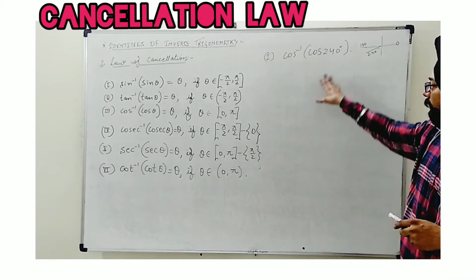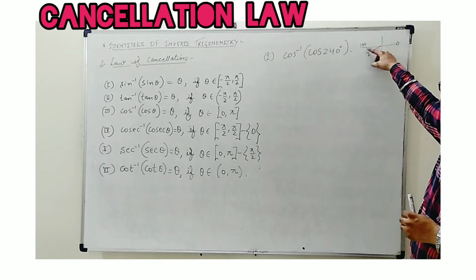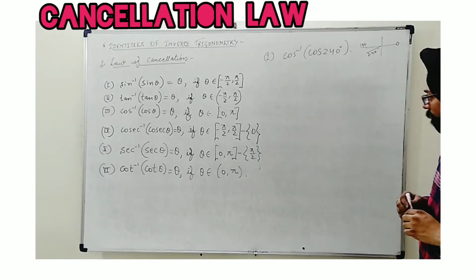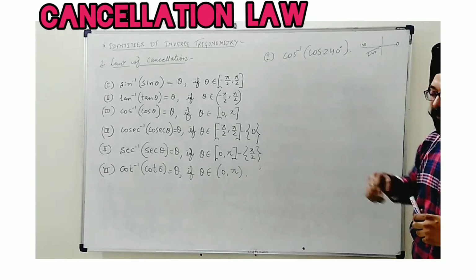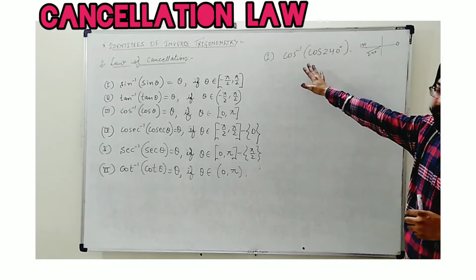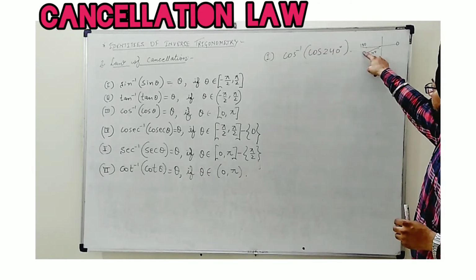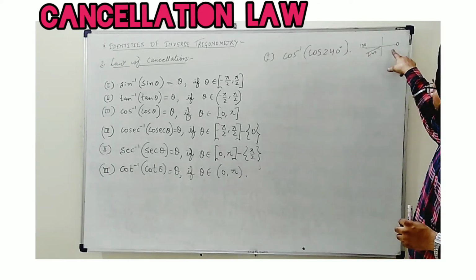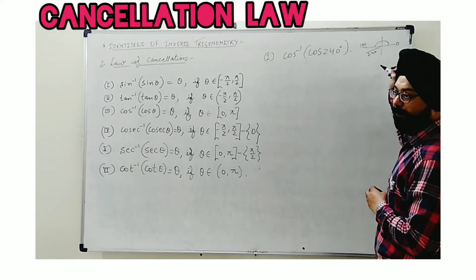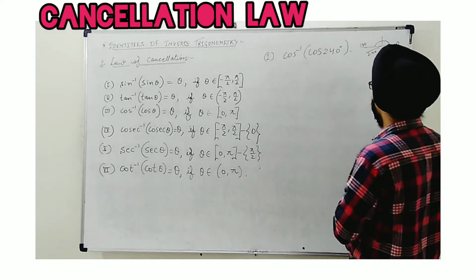How can we do? When 240 degree is beyond the interval, it does not belong to the principal branch. Then how to sort it out? Whenever there is a group of cos, keep in mind, whenever there is a group of this cos inverse, the value will lie either in this third quadrant or in fourth quadrant. What we require? We need 0 to pi. So when the given angle, I am giving you direct pattern,